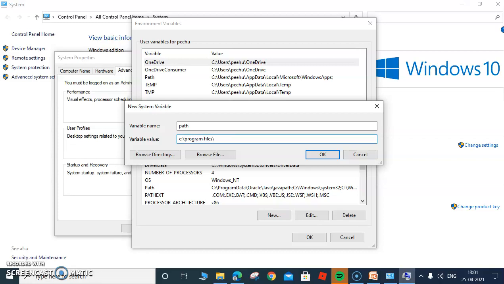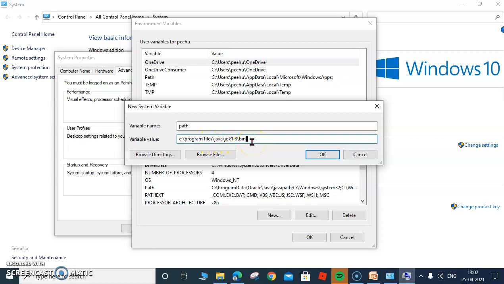Remember, this was the path we checked out. Program Files, then there was a folder called Java, then inside Java there is a folder called JDK 1.8, we just renamed it, and then inside this there is bin. So make sure you are typing this path correctly with the correct spelling, and that it's not file but files, so you can check from there also what I showed you. Once you have typed the path correctly with the correct spelling and the spaces, it is C drive / Program Files / Java / JDK 1.8 / bin.